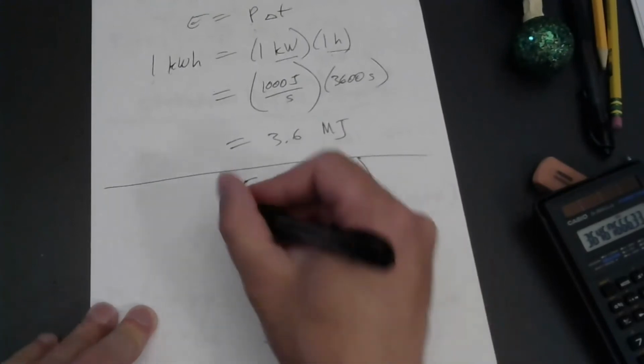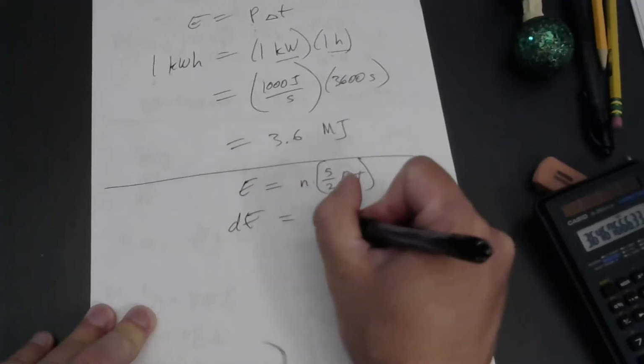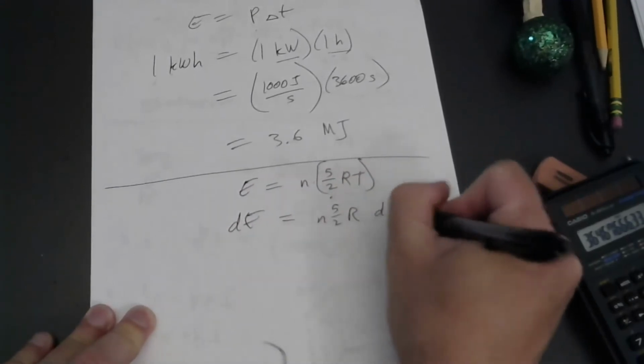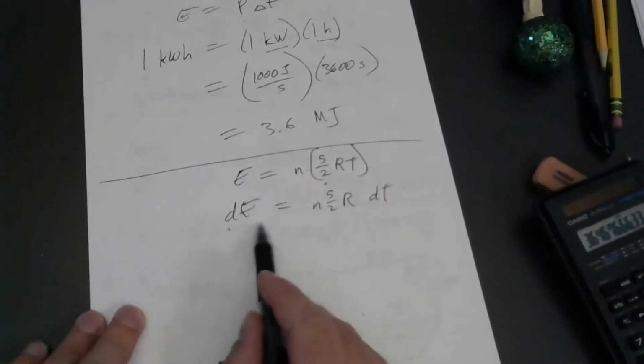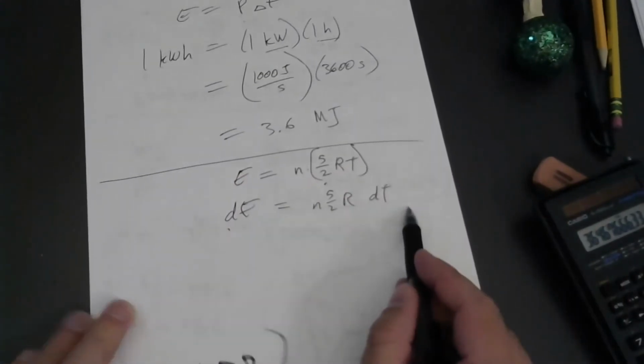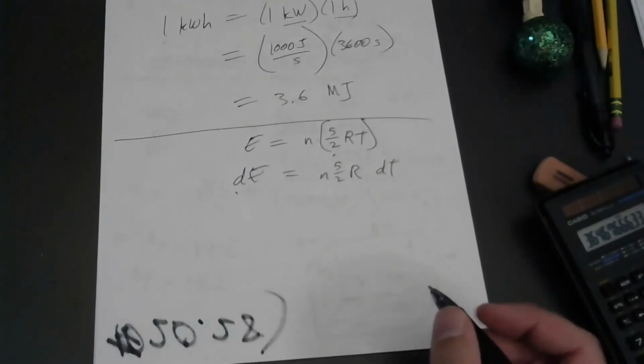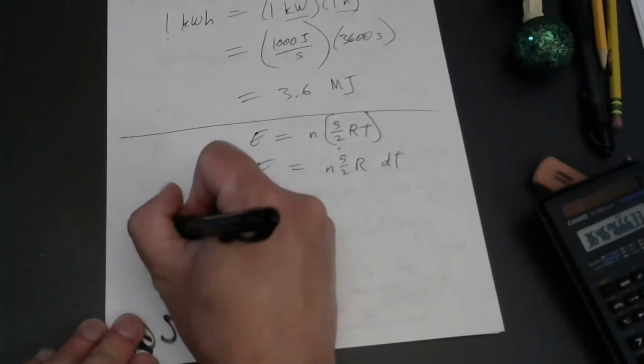So let's take the differential of both sides. And 5/2 nR dT. So this tells us how the increase in energy relates to an increase in temperature for this ideal diatomic gas. But then we can go back to the first law of